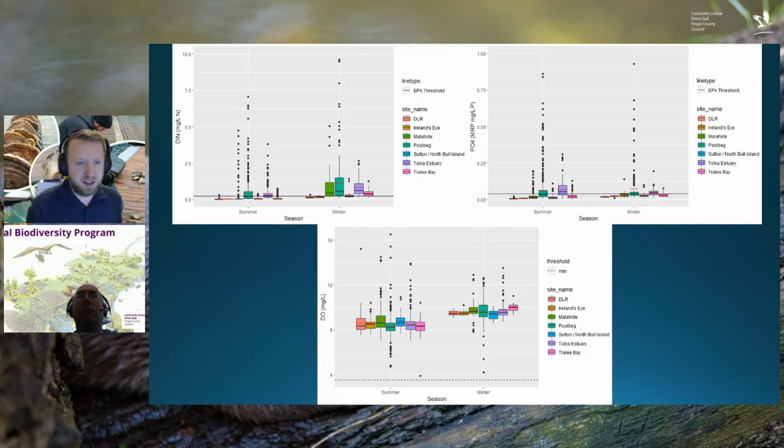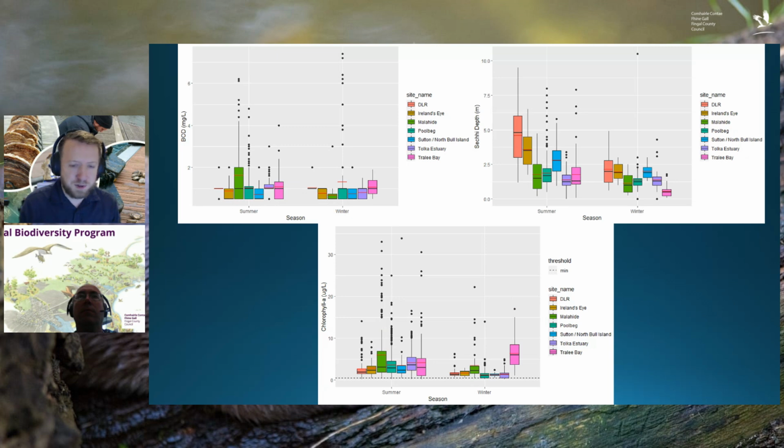Other big things, you want to look at nitrogen and phosphorus. That's not a threshold necessarily for oysters, but it is something that causes those big algal blooms and is preventing a lot of those water bodies from reaching good status under the Water Framework Directive. And that's actually something oysters can help reduce if introduced at scale. They will eat a lot of those phytoplankton that would be responsible for those algal blooms, so that we don't see it hit so hard, especially in those summer months. Oxygen levels, all great.